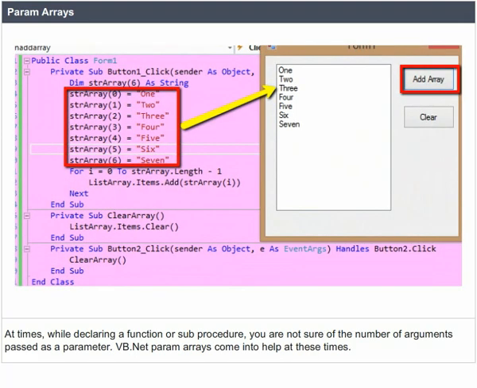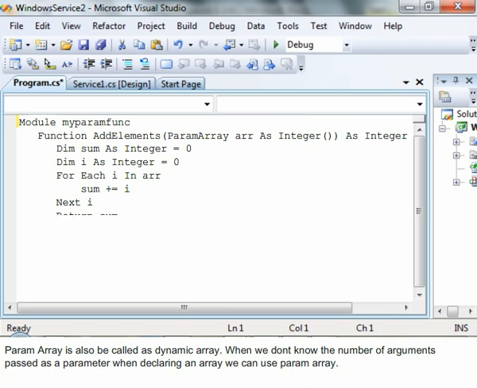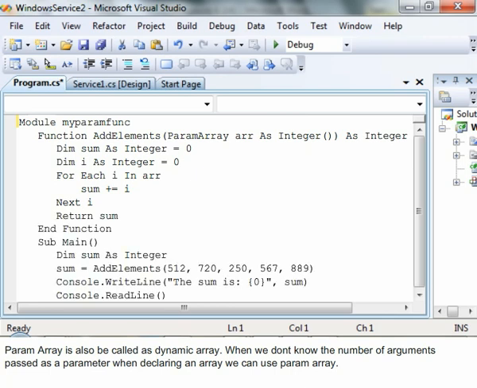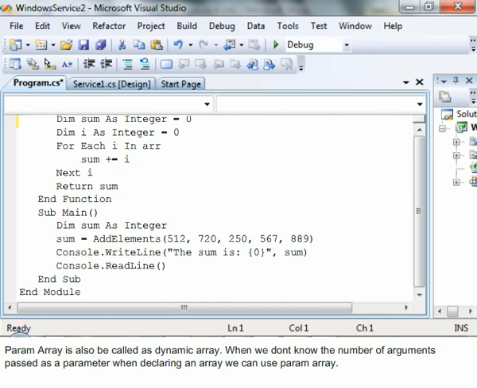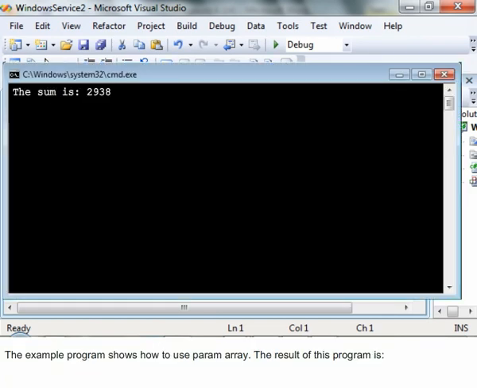Param arrays. At times while declaring a function or sub-procedure, you're not sure of the number of arguments passed as parameters. VB.NET param arrays come in to help at these times. The following example demonstrates this. Param array is also called a dynamic array. When we don't know the number of arguments passed as a parameter, when declaring an array, we can use ParamArray. The example program shows how to use ParamArray. The result of the program is